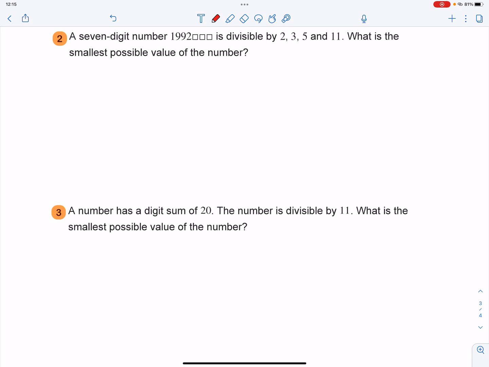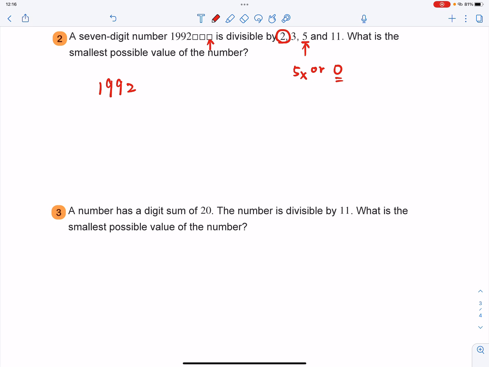So let's start from the ones digit because it's divisible by 2 and 5. As for any number which is divisible by 5, the last digit must be 5 or 0. And it's still divisible by 2. That means the last digit must be an even number. So you cannot have 5. So the last digit must be 0. So that means this number is